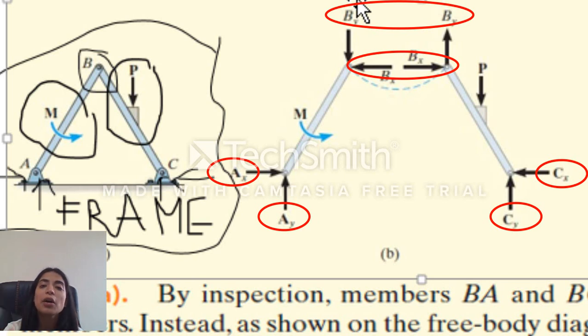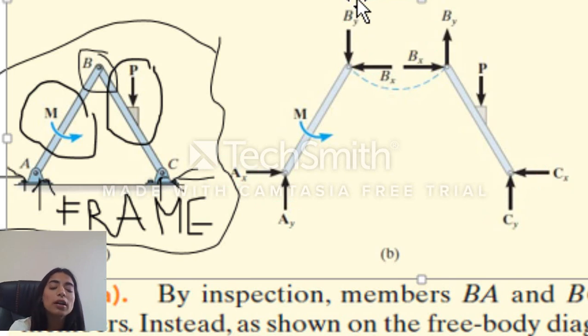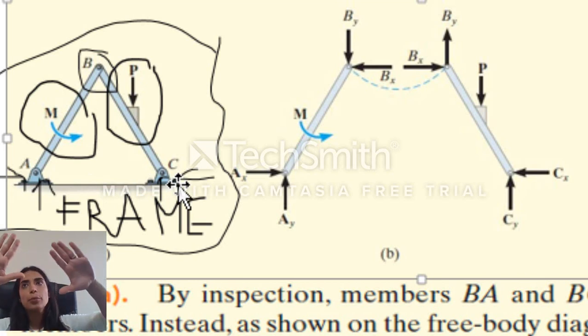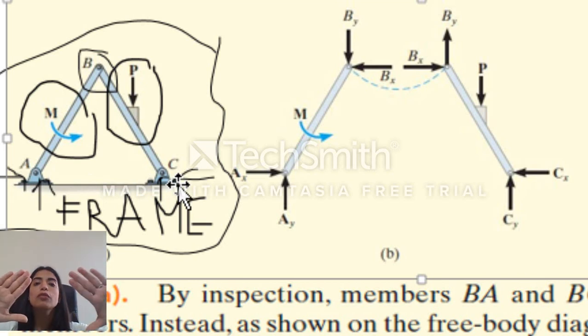So even, guys, if the question is not to find the forces at B, the internal forces at B, no, if the question basically is to find the reactions at A and C, and I know that there are 4 reactions, I should separate the frame, solve for both separated members, then guys, I can find the reactions at A